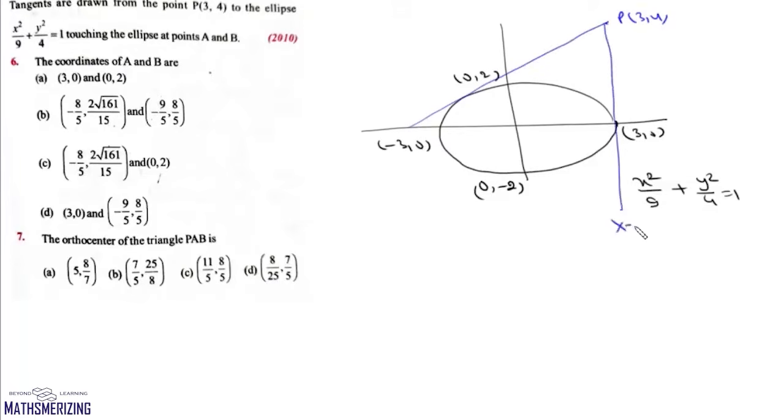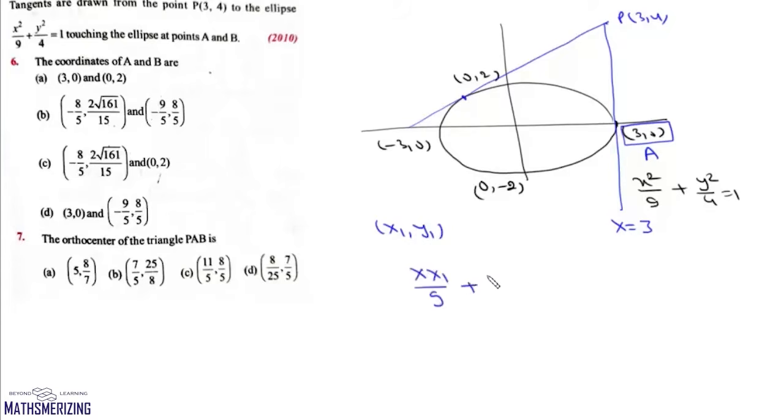Now we clearly know that one of the tangents should be the line x equal to 3, and one of the points of contact will be (3, 0). We need to find this other point. Now for this question, since we have to find the point of contact, we'll say let these points of contact be (x1, y1). Then the equation of tangent at this point (x1, y1) will be given by